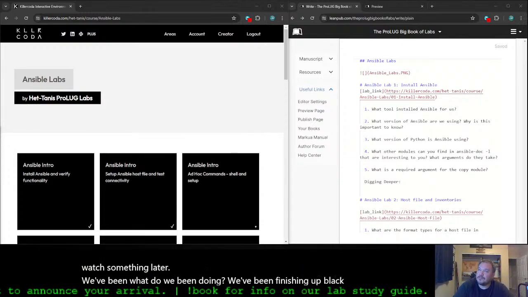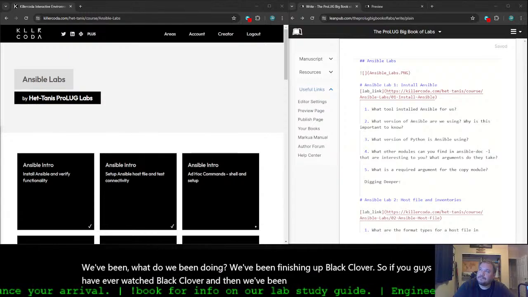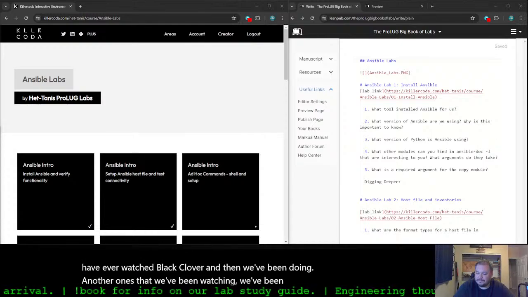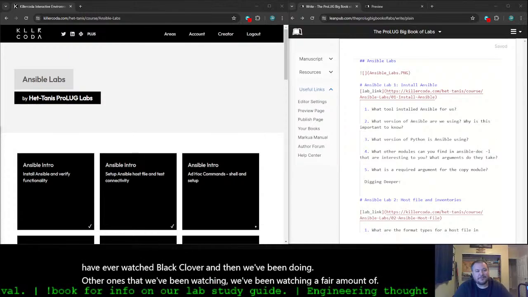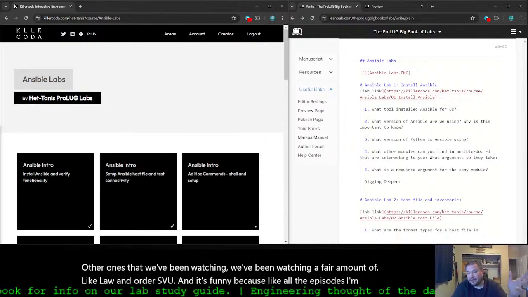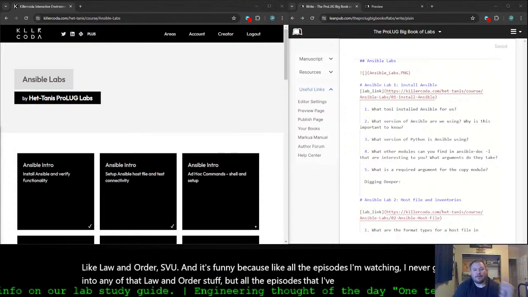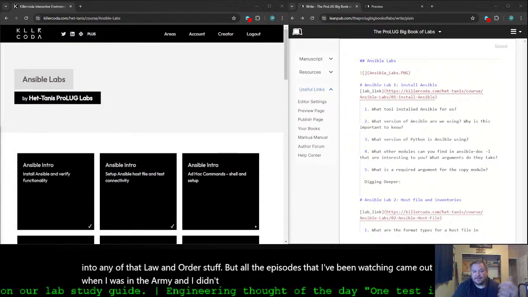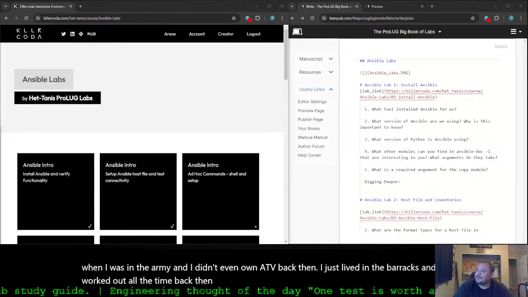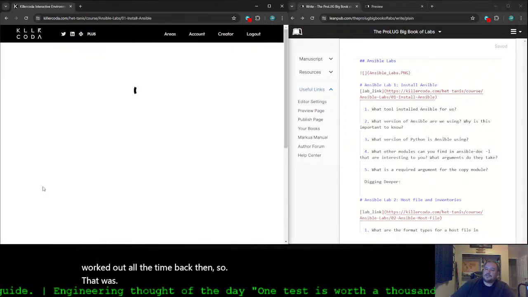If you guys have ever watched Black Clover. What other ones have we been watching? We've been watching a fair amount of Law and Order SVU, and it's funny because I never got into any of that Law and Order stuff, but all the episodes I've been watching came out when I was in the Army, and I didn't even own a TV back then. I just lived in the barracks and worked out all the time. That was my late teens, early 20s, just hanging out there.